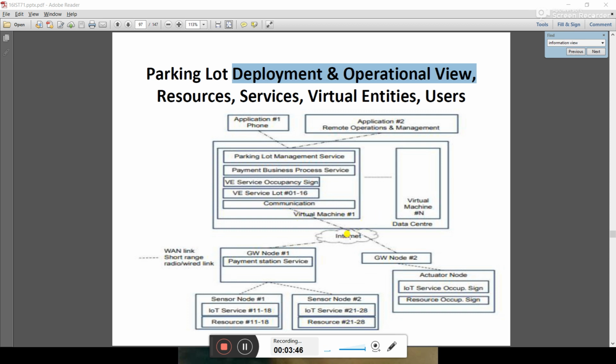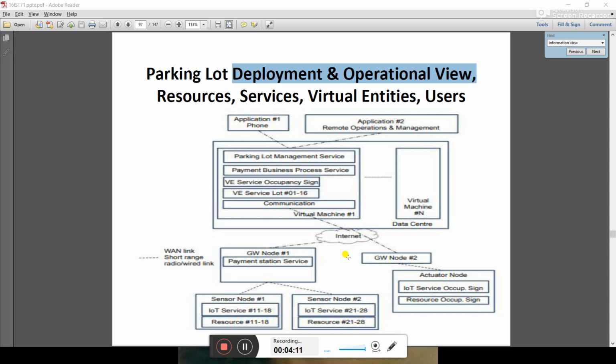Next is the internet. This data center is controlled by the internet. Now you can see there may be more than one of your parking lots. So for each one we have shown gateway node 1, gateway node 2 and all.